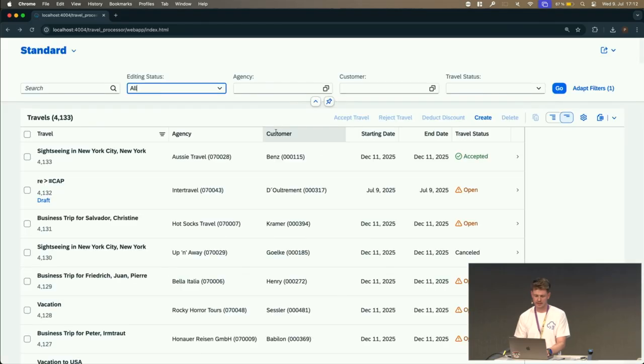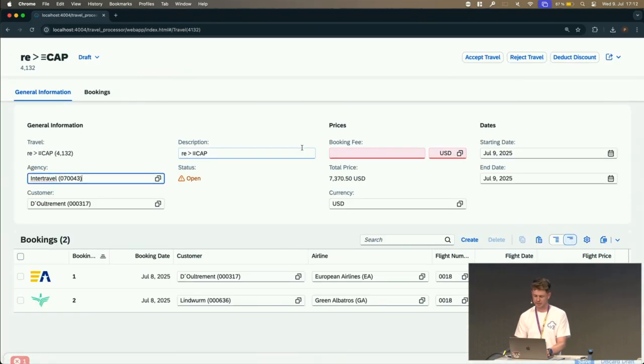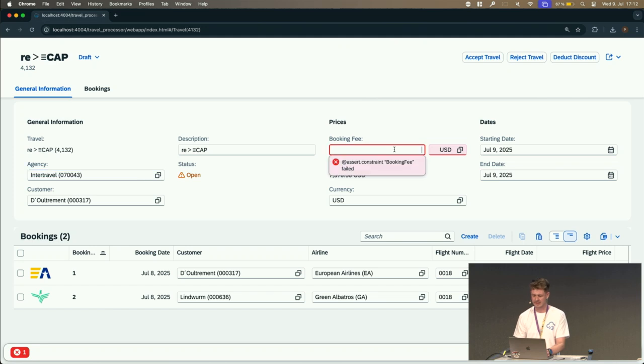We can go back into our list of travels and go back into our faulty travel, and still the message is there, right? As of now, we only have this pretty generic error message here saying assert constraint booking fee failed. This is because we have not provided any custom message yet. So let's go back to our